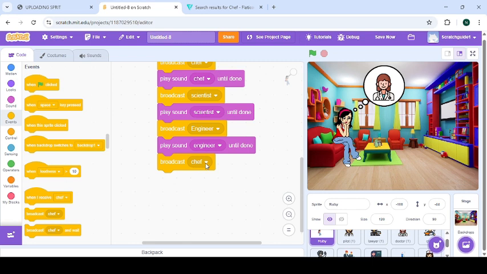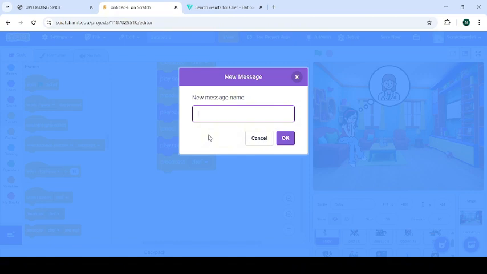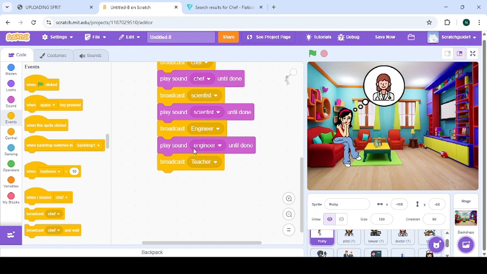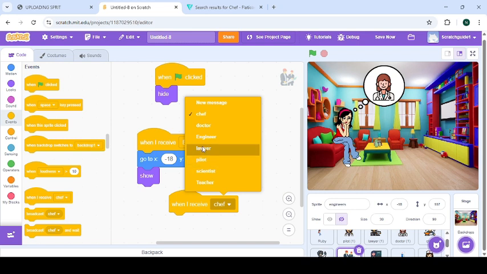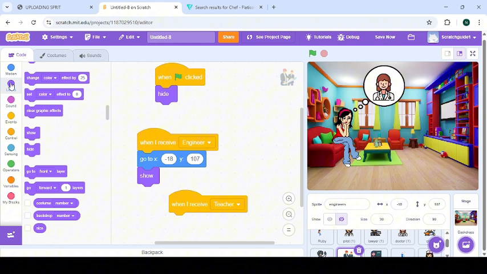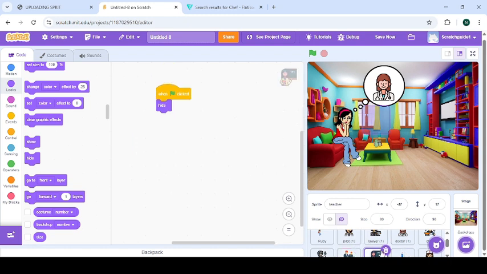Broadcast. Think teacher. Okay, so go to engineer. When I receive teacher, I hide. I'm going to hide so the teacher can show. Then go to teacher. When I receive teacher,